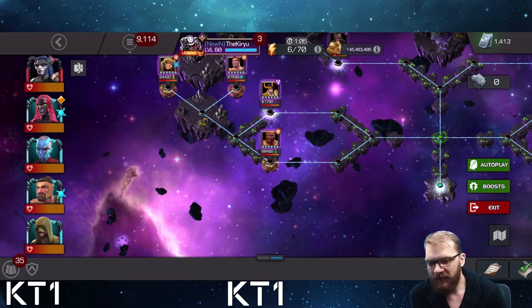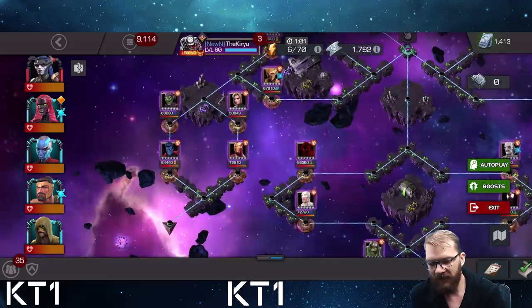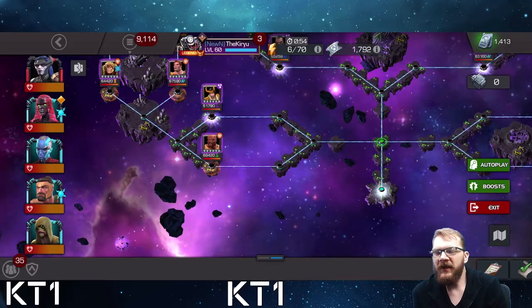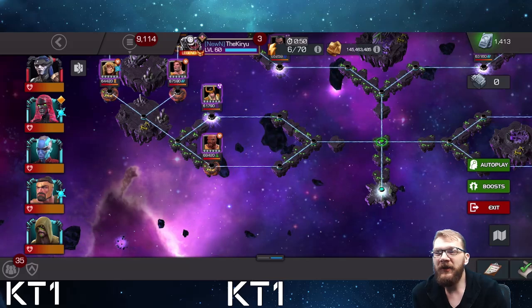Aegon is a great pick because you can ramp him up and he will do well in the boss fight. He will also be good for that Nightcrawler finish there. Hercules is very good for this. OG Star-Lord. As I was re-exploring these paths, I actually found out that Emma Frost is a really good option,